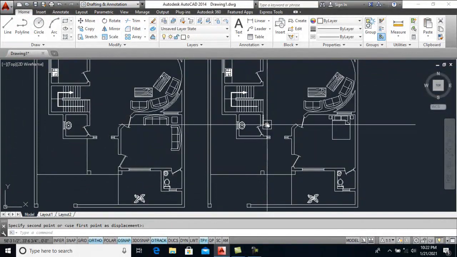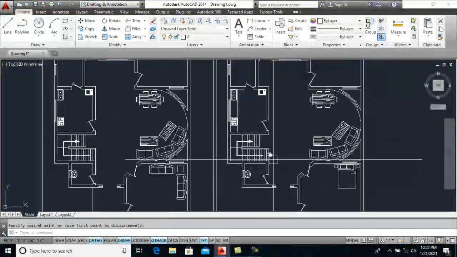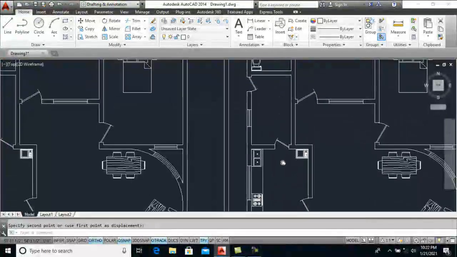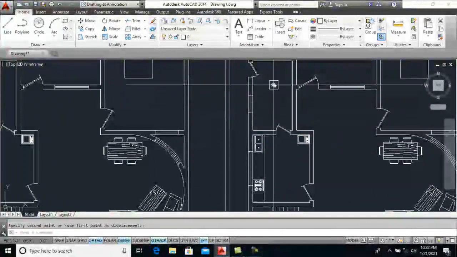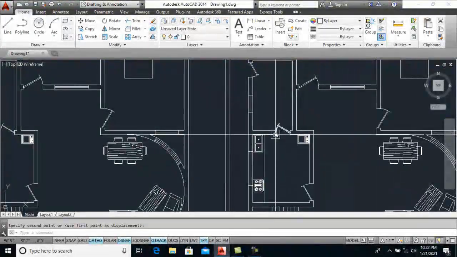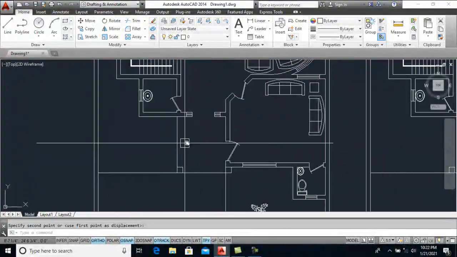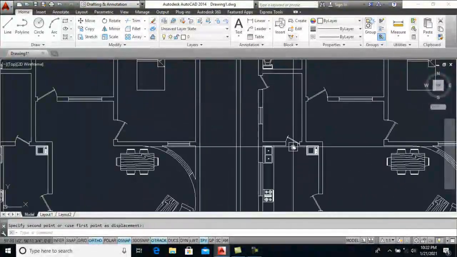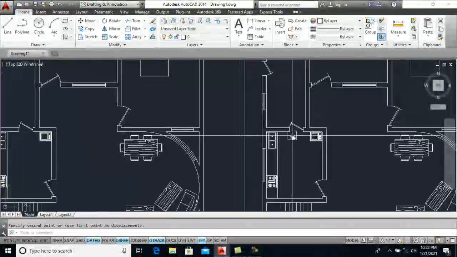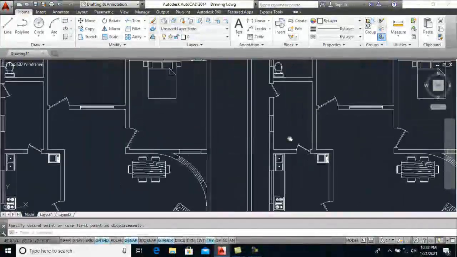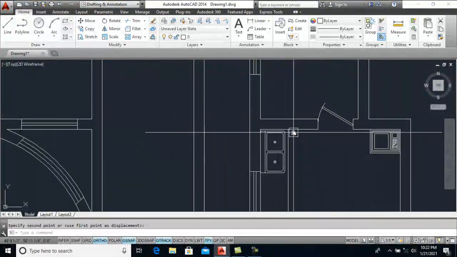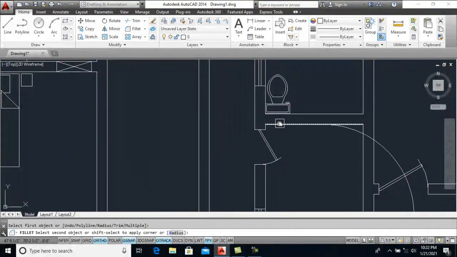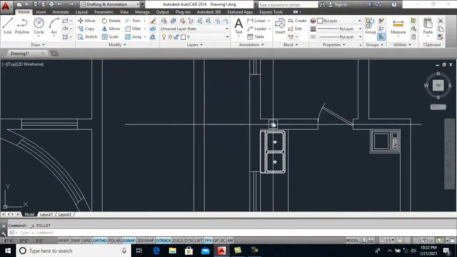Yeah, everything is looking fine, but this area I don't want to have a closed one. So this will be a terrace number 2, this will be a terrace number 1, this area, and this one will be a terrace number 2. I don't want to have a kitchen on the first floor, so fillet it here, Control Z,